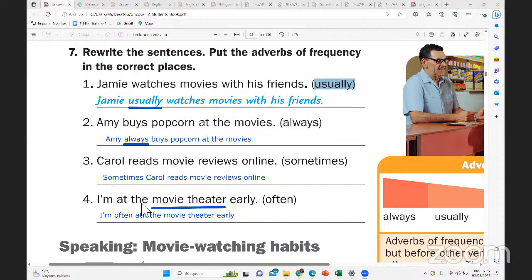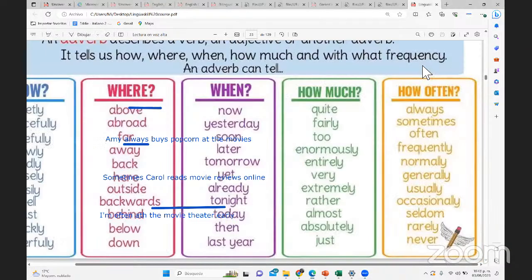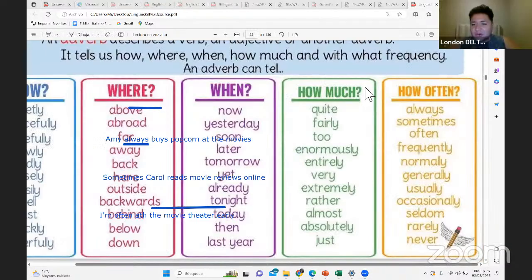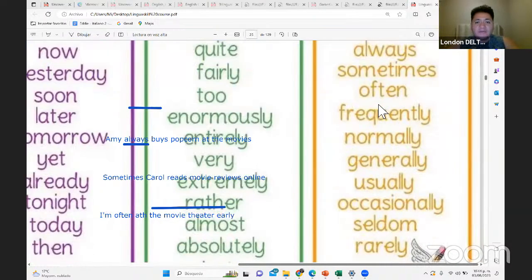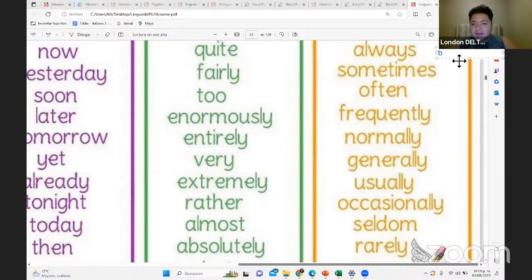Ok. ¿Ya? So let's see the other ones. Vamos a ver cómo son los otros adverbios. So always, I'm going to use a B for beginning. Voy a utilizar una B si van al inicio. Y voy a utilizar una M si va en medio. Y voy a poner una F si es flexible ese adverbio, ¿ok? So always goes at the middle of the sentence every time. Siempre va always en medio.